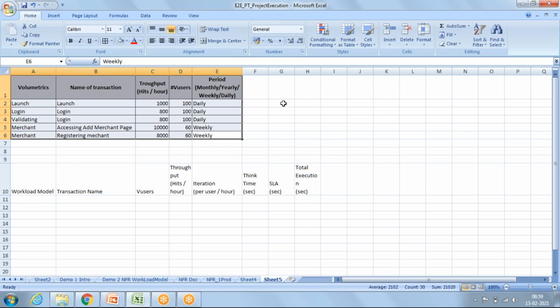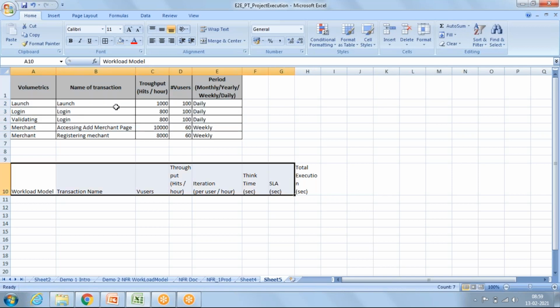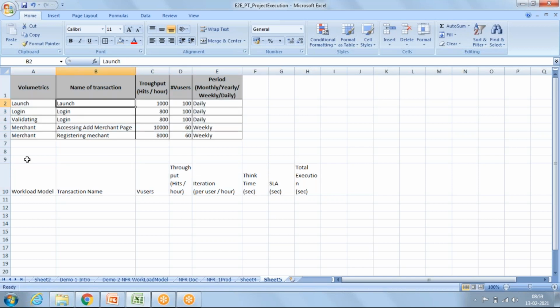The answer will be the operation team. Once you have this, you have transactions, a volumetric name, throughput, user load, and the occurrences.